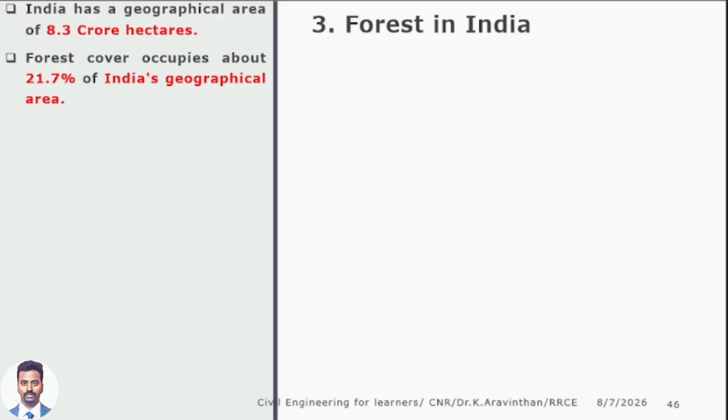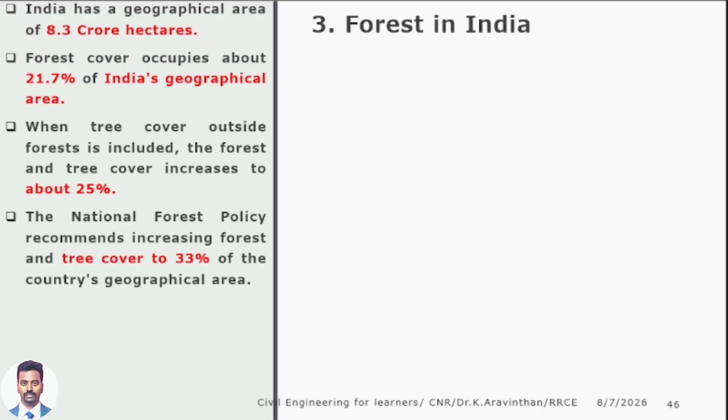And India has around 22% of forest, about 25%. Sir, how do they count 25%? Apart from forest, we are planting trees in our houses. We are planting trees near roads, near highways. These are all counted when it comes to 25%. Only in forest the trees are 22%. The rest 3% are elsewhere. That is why they are planning to improve the forest year by year.